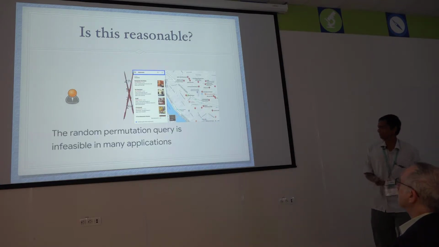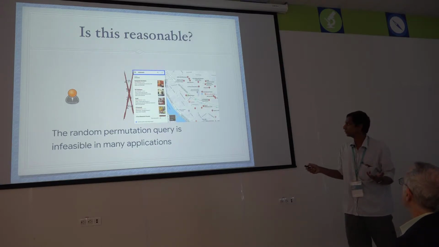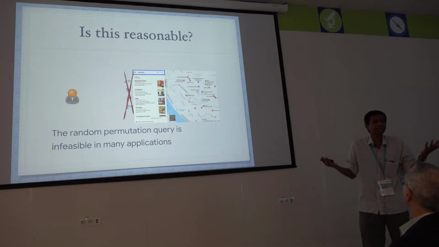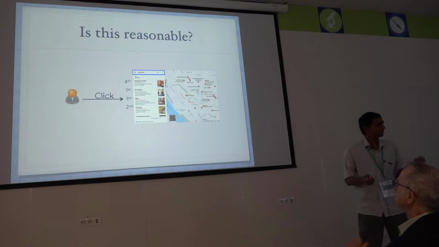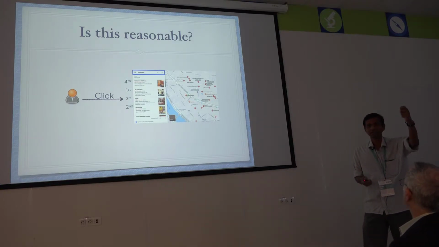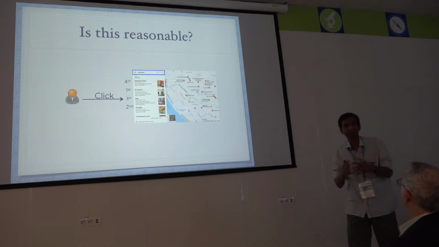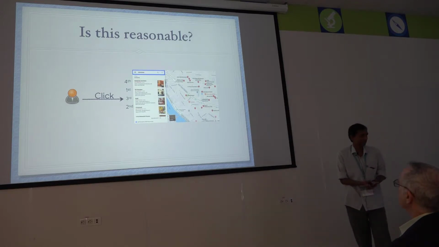The answer is no, because it never happens in practice that I tell Google, this is my first choice, this is my second choice, this is my third and fourth. You may never do that, right? So it's not a feasible assumption. Instead we actually observe only the click. So Google knows that this is the top choice the user made, and therefore that's the winner of this permutation in this subset. That's the only information that we give to the system, right?